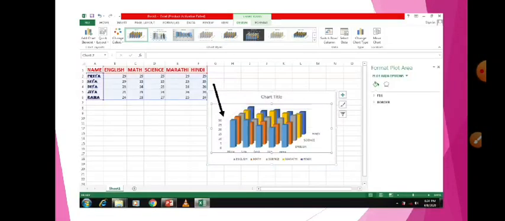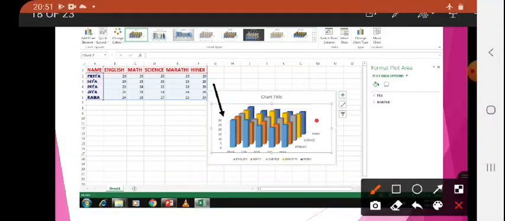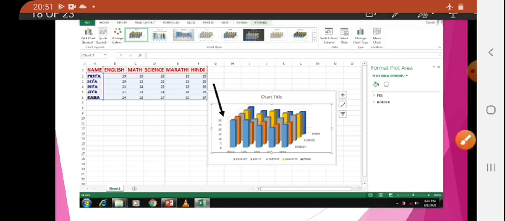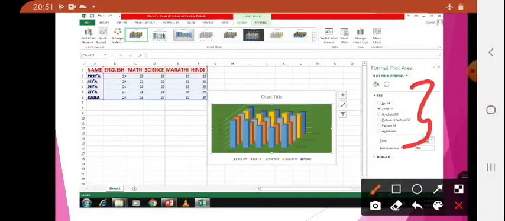Now formatting the plot area. Select this. See, I showed you the arrow also. When you select this, you will get Format Plot Area. Fill and Border are there, you can change the colors. You will get different patterns, you can do anything from this. I have taken solid fill and filled the color with this. Okay, and you can also do this.